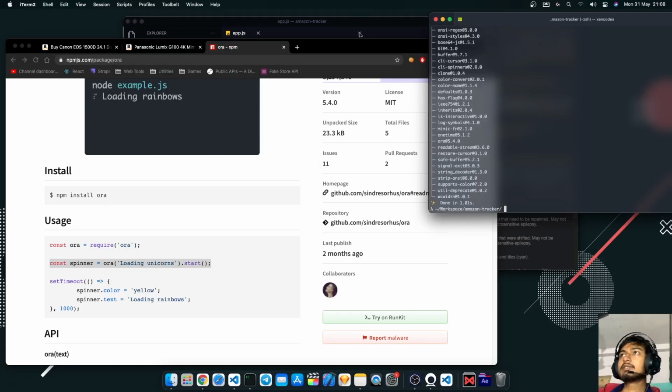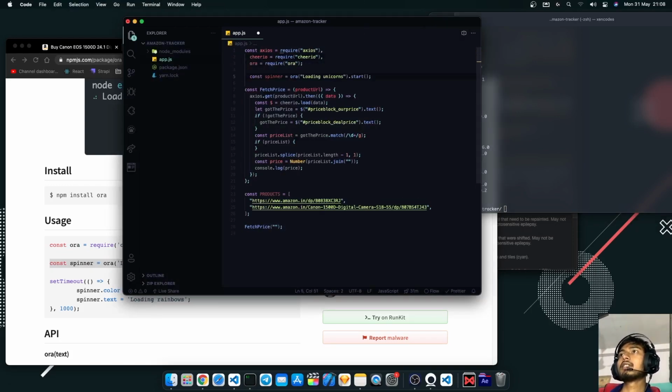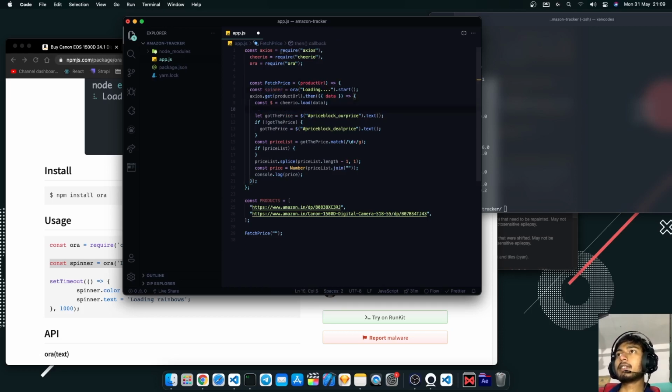So constant, let's create a spinner. Actually, let's create for every product. Loading dot dot dot, and then we are going to update the spinner with the title. Spinner dot text will be dollar title dot text. Actually, like this. Fetched price for